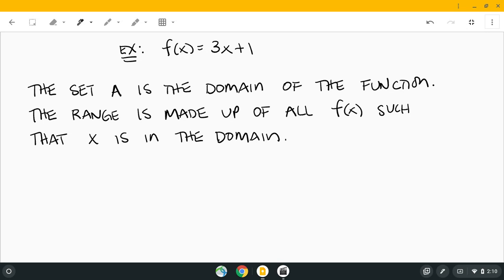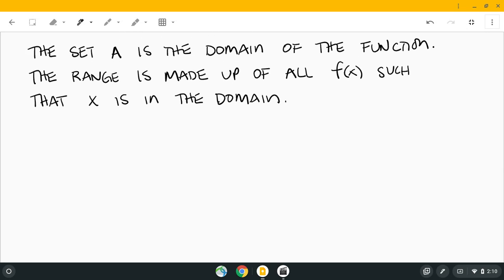Okay. All right, so what we're going to do here is take a look at domain and range when we look at a graph, but mostly we're going to take a look at how to find the domain algebraically. Okay. All right, so here is an example of looking at a graph and determining what the domain